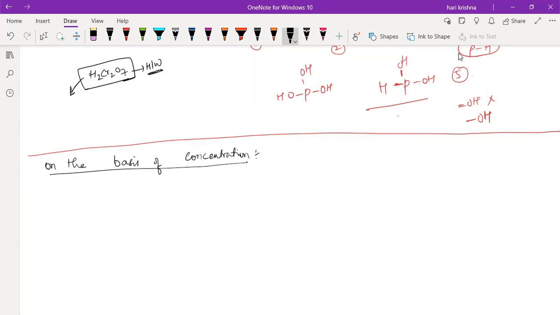So on the basis of concentration, can you tell what is the classification of acids? First one is strong acid and weak acid. No, that is strength, right? So concentrated and dilute. What is the meaning of concentrated acid? The concentration of acid is more in water. So an aqueous solution that contains